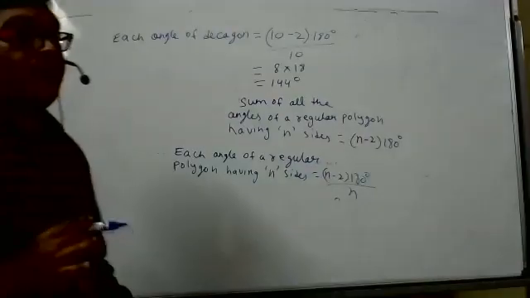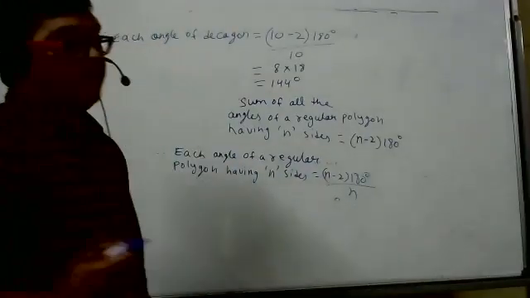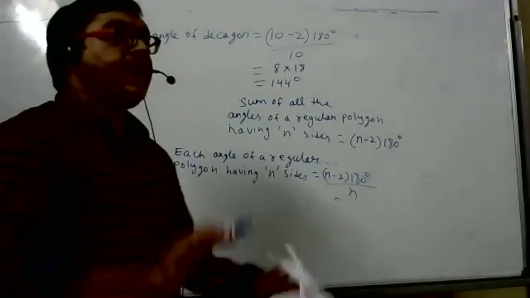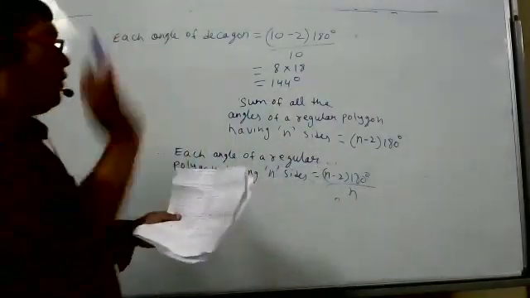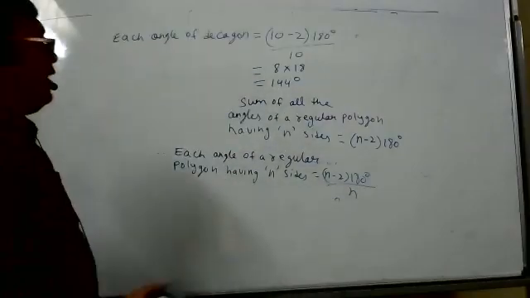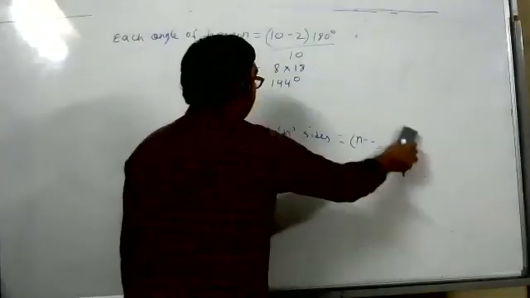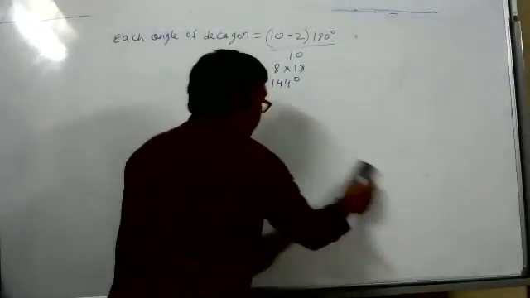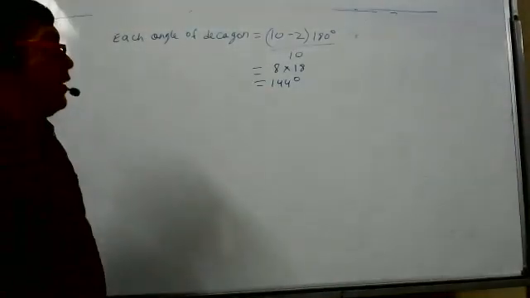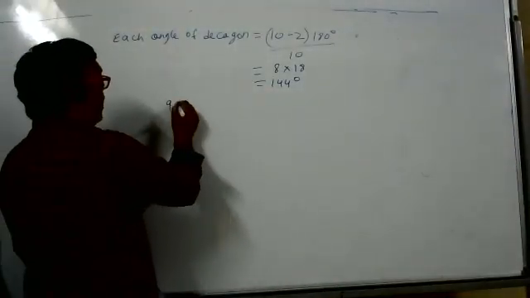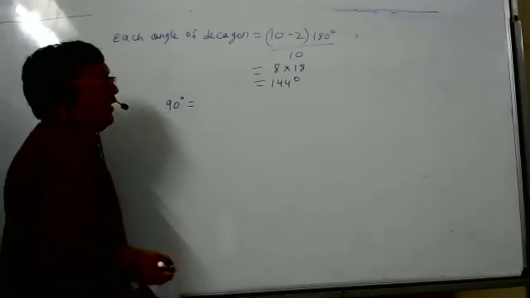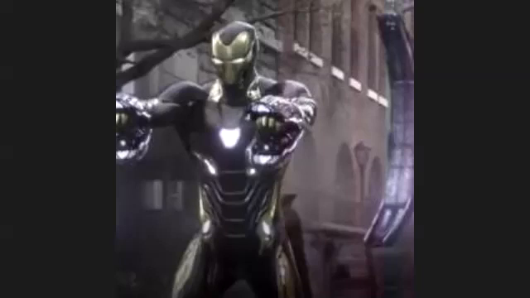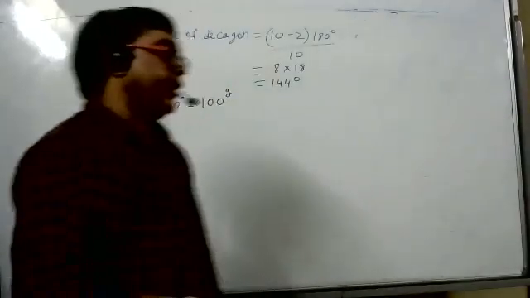They told us to convert into degree. It is already 144 degree, so one part is over. Mention the angle in degree, grade and radian. Now we'll mention the same angle in grade. How to convert into grade? It's simple. What is the relation? 90 degree is equal to how many grade? 100 grade. Because 90 degree is one right angle, 100 grade is also one right angle.